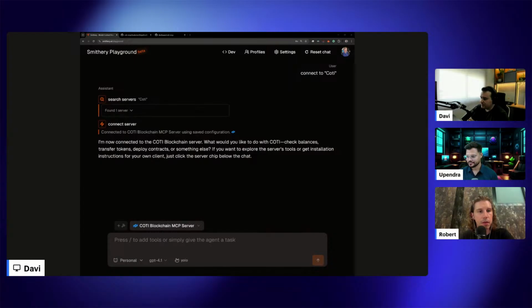Yeah, one thing that I actually experimented with was connecting the COTI MCP with Windsurf. For example, we can create your dApp, but you can use the COTI MCP to deploy your private ERC721 token.